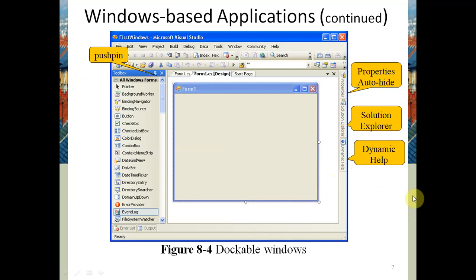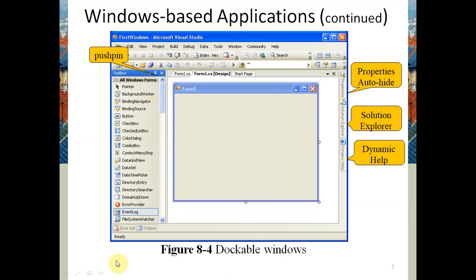We have to understand this complete window, and this is called the IDE, integrated development environment. You can see here different categories of tools, all the Windows Forms controls in different categories. When we press on this dash, we get another category, and we can scroll this toolbox up and down.